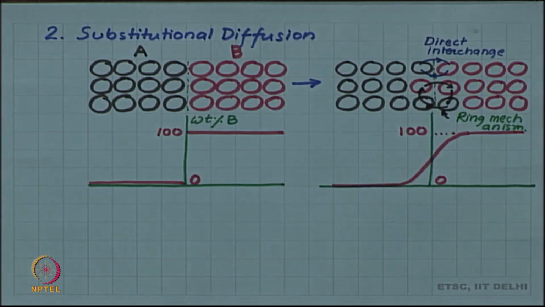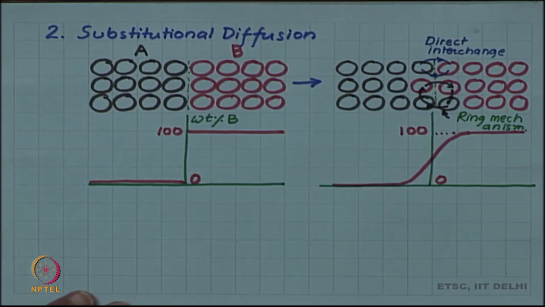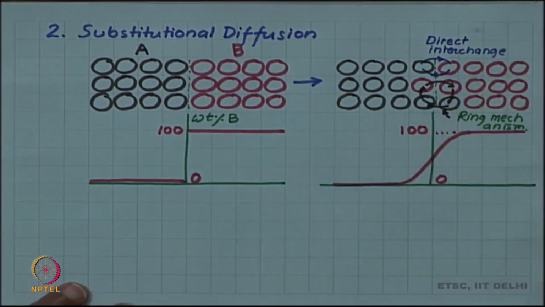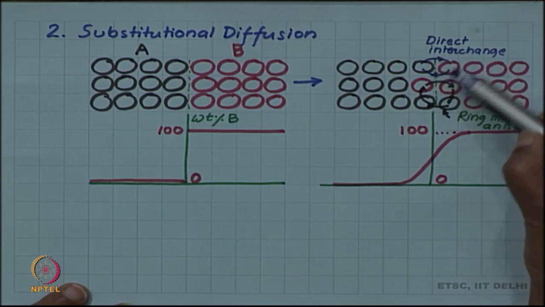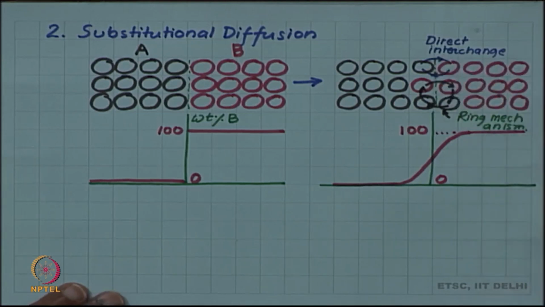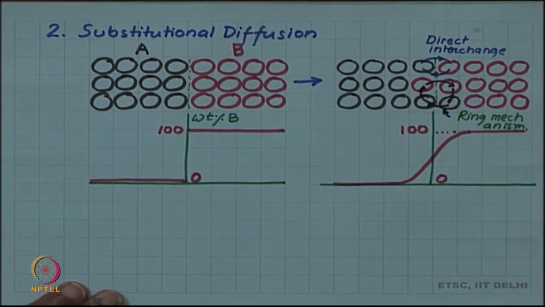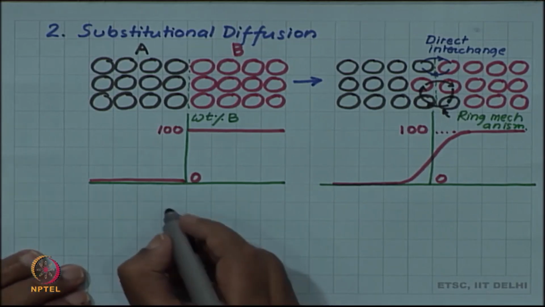Actually, there are experimental observations which negate both of these. For example, it has been shown that they require much higher energy than is possible in diffusion processes. So, both these mechanisms finally have been ruled out in favor of a third mechanism, which is now the accepted mechanism for diffusion,